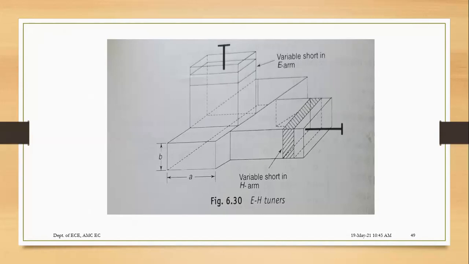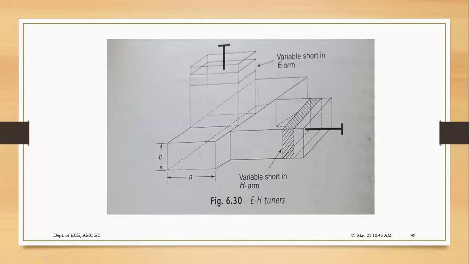So this is called a stub when it is shorted with your E and H plane. So that will act as a stub, and the position of this shorting plate can be adjusted mainly based on the tuning. So if you tune this, the impedance also will be varying inside your H plane and E plane. So based on this, you can reduce the standing wave ratio or voltage standing wave ratio of the waveguides which are connected through your collinear arms. So just variation of these tuners will help in reducing the standing waves in your system.